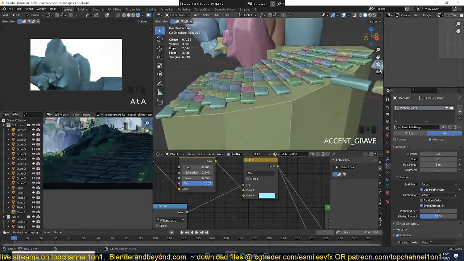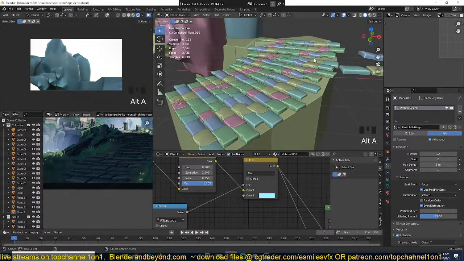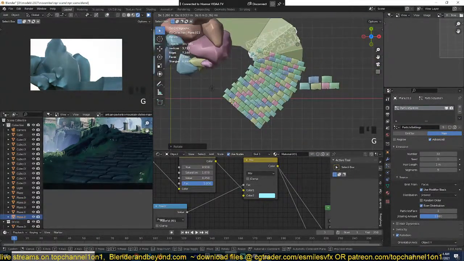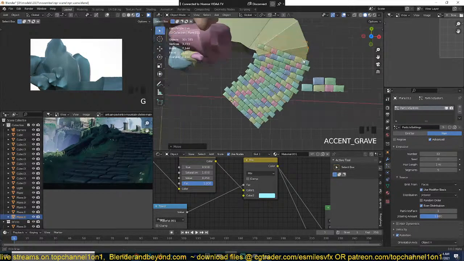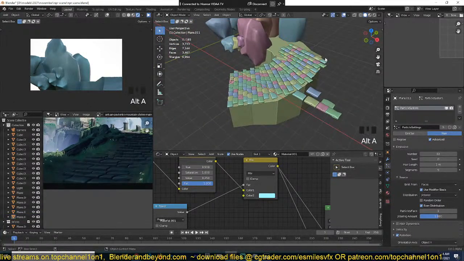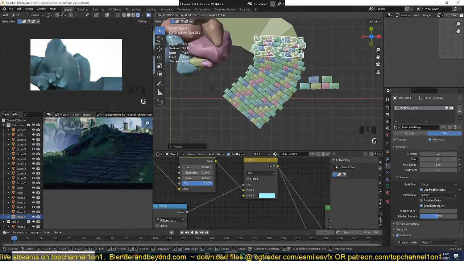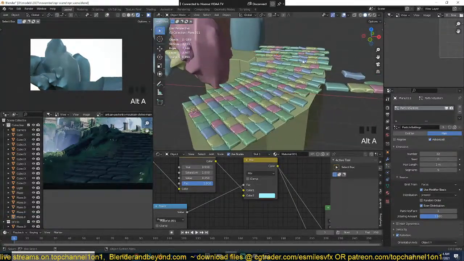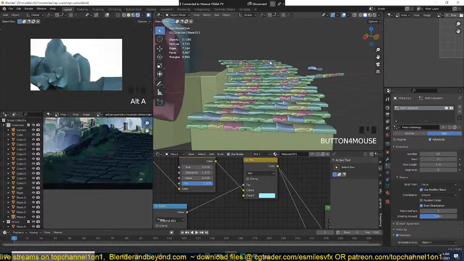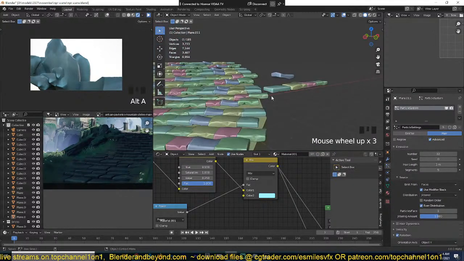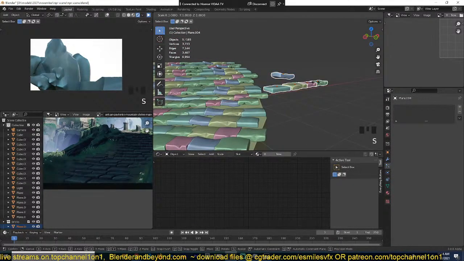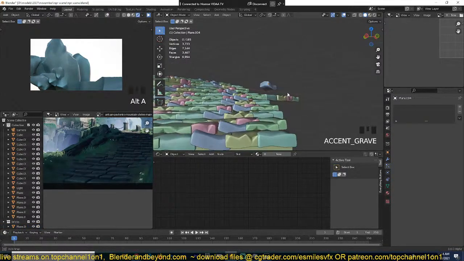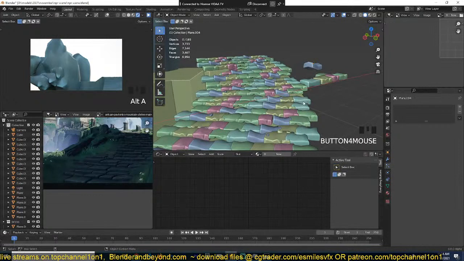I'm going to give them a slight rotation. Then I can grab this piece. So you can see how easily we're able to populate this area. And we have some gaps there, but those can be easily filled in, or we can make the bricks a bit taller, like that. And that should hide some of the